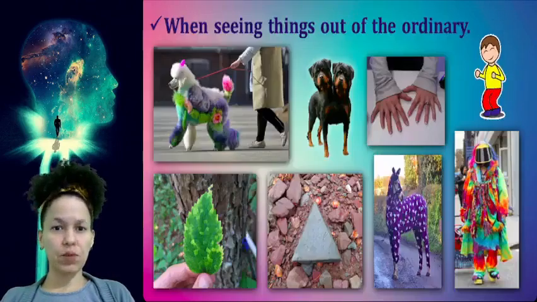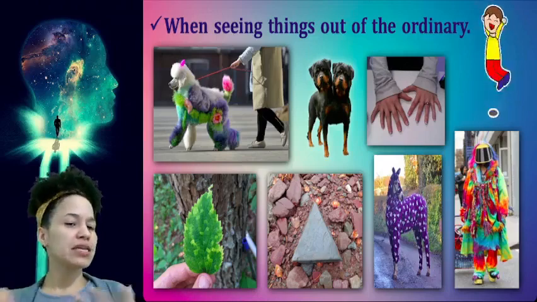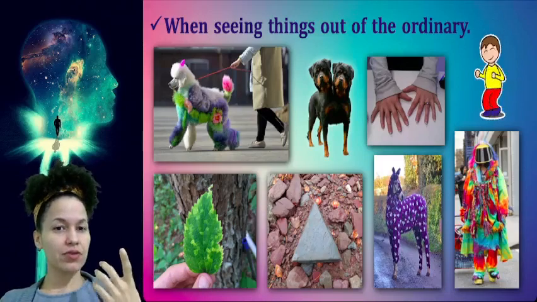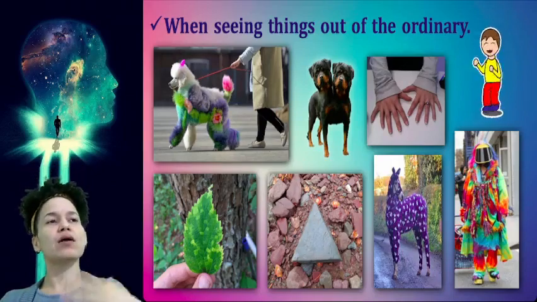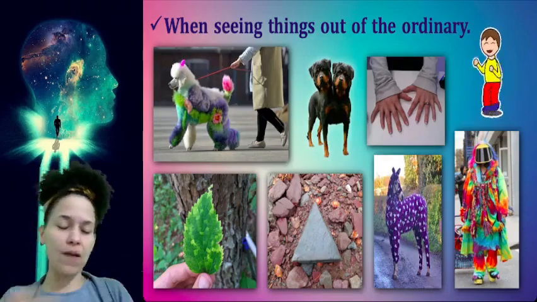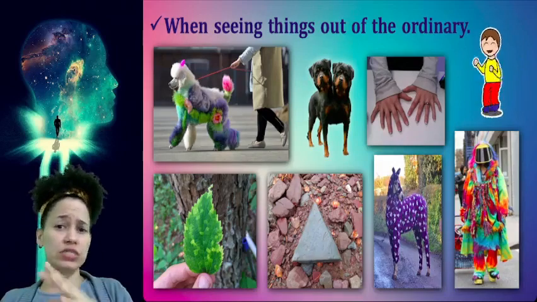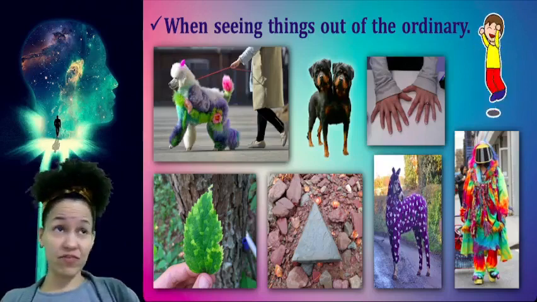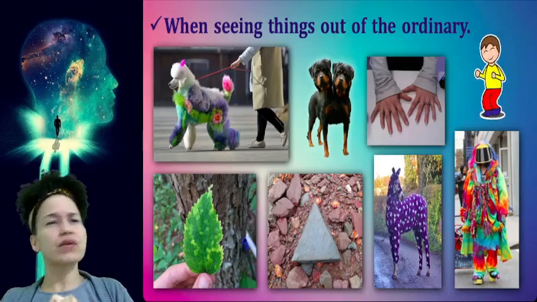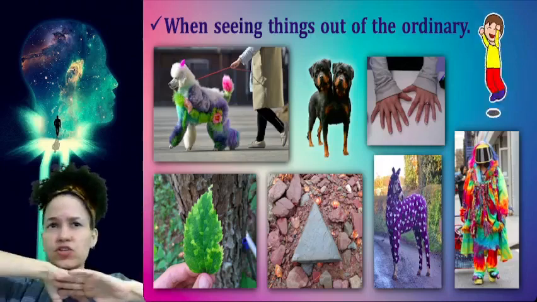And when seeing things out of the ordinary, that is something very important, because here in the physical world, many times we see things that are not common. And when you get used to checking your reality, the reality in which you are, when you see something out of the ordinary, then as in your dreams, it is so common that you see things really out of the ordinary. In your dream, it's common that you can see, for example, a dog with two or three heads. As I was saying, you can see elephants flying, you can see dinosaurs. You can see, for example, in your living room, the TV is on this side. In a dream, that TV can be on another side,